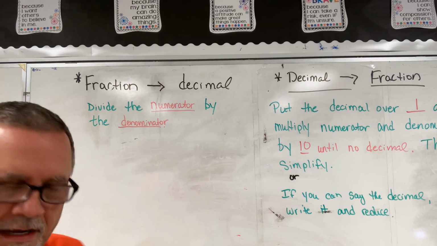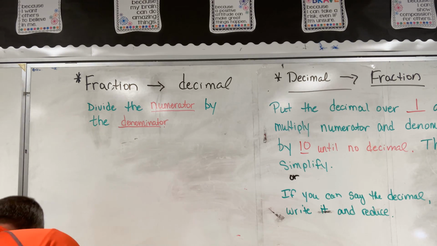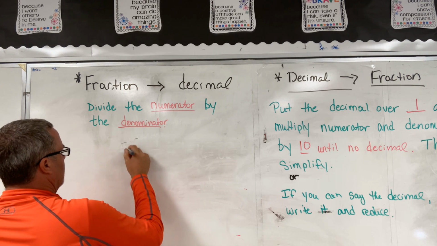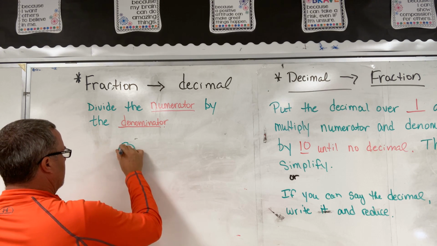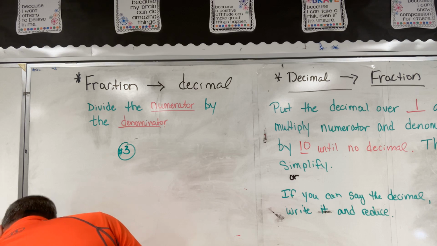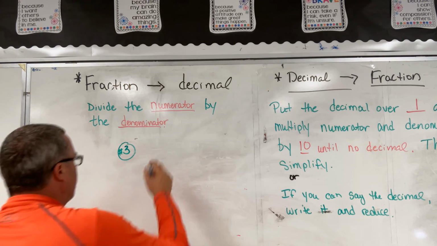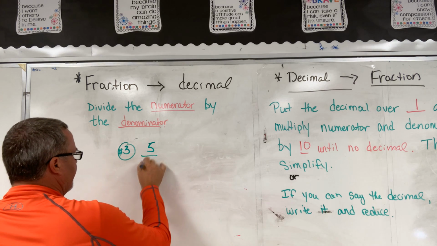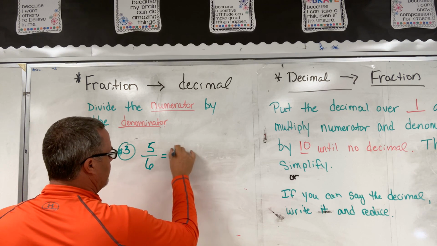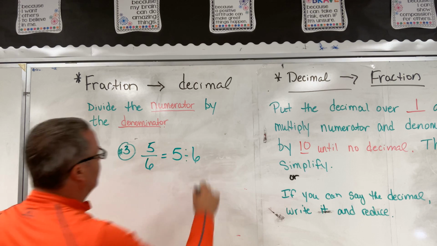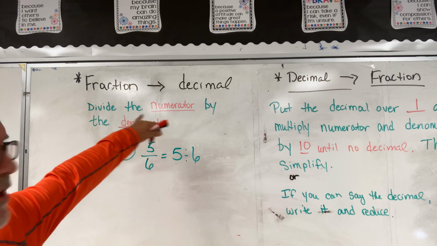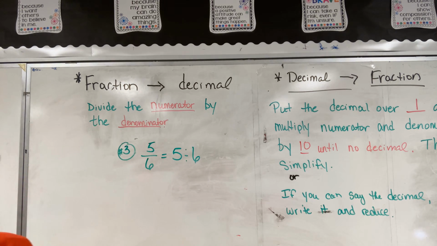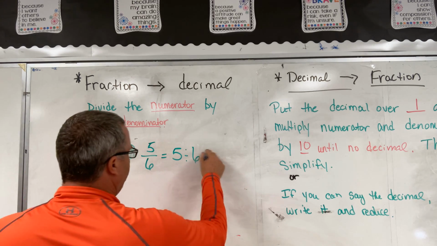all right, welcome back. Now I'm on example number 3. Number 3 is 5/6, which equals 5 divided by 6, because we divide the numerator by the denominator to get a decimal. If we divide 5